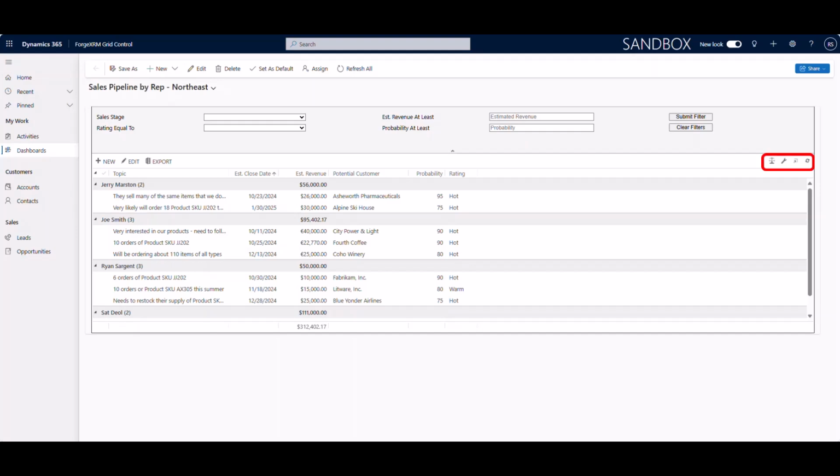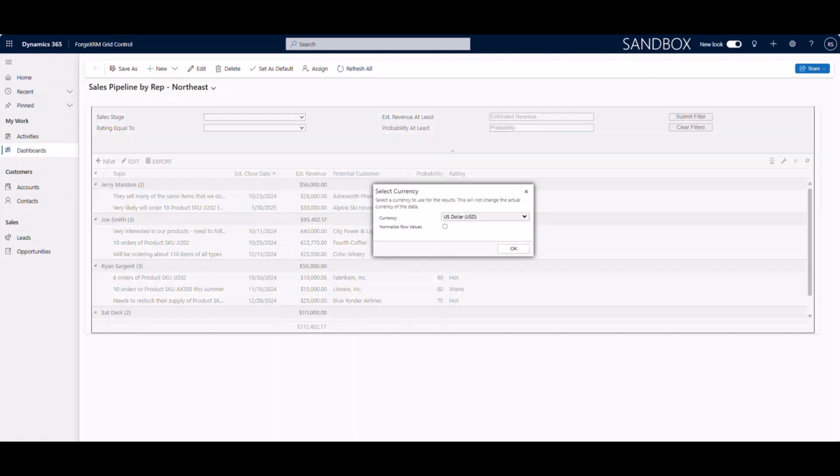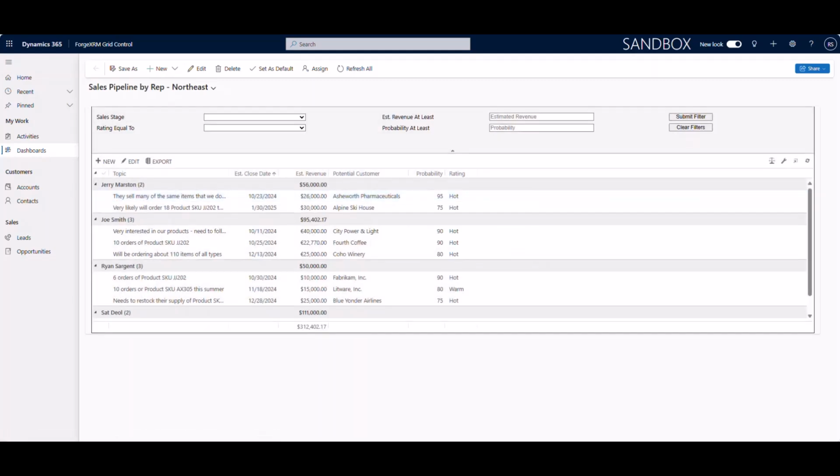We can also click the scale icon and select a different currency to view totals in. This doesn't change the actual currency value on the opportunity record,